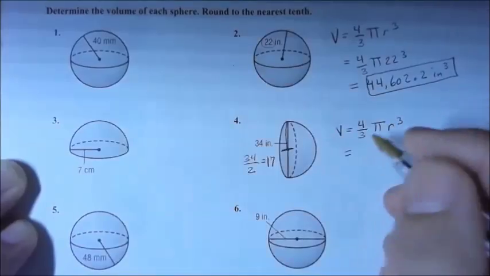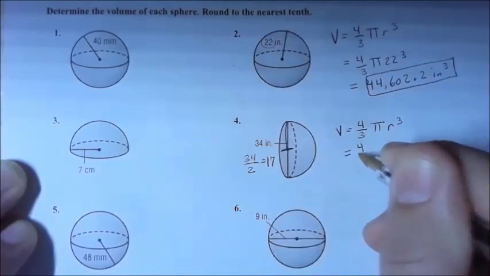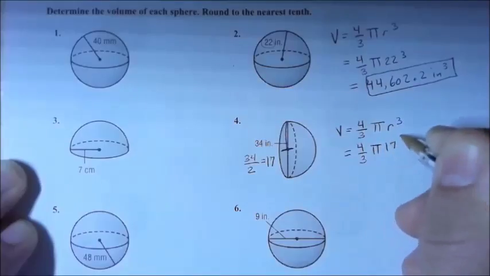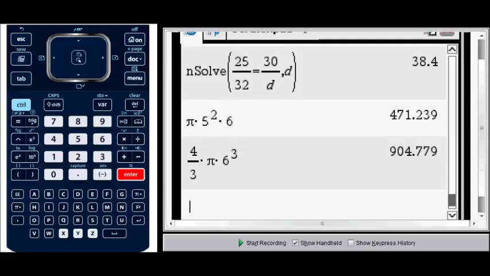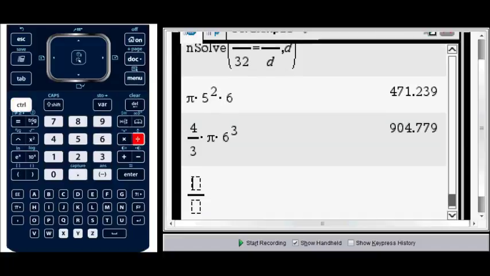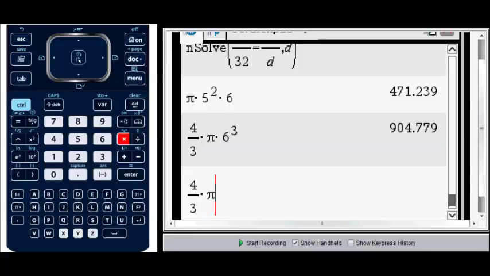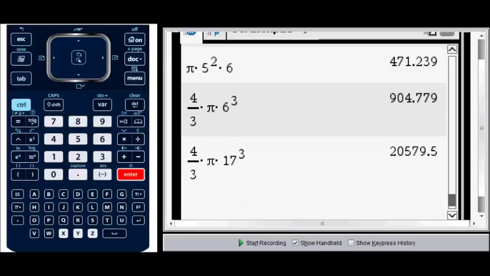I'm going to go ahead and put it in my formula. So I got 4/3 times pi times 17 cubed. Alright, so if we go ahead and put this one in for this hemisphere, we're actually going to have 4/3 times pi. Make sure we go out of that denominator. It's easy to do. Times pi times 17, and use my caret key and then put in the power of 3. Hit enter and it gives us